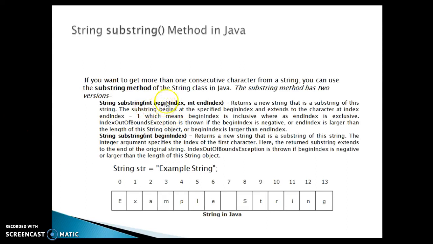First, the substring method which takes the begin index and end index. This method returns a new string that is a substring of this string. When it returns a new string, it means the method will not refer to the actual string. It will create a completely new string when you call this method on any string. So basically this will return a string that is a substring of this string. When I say this string, it means